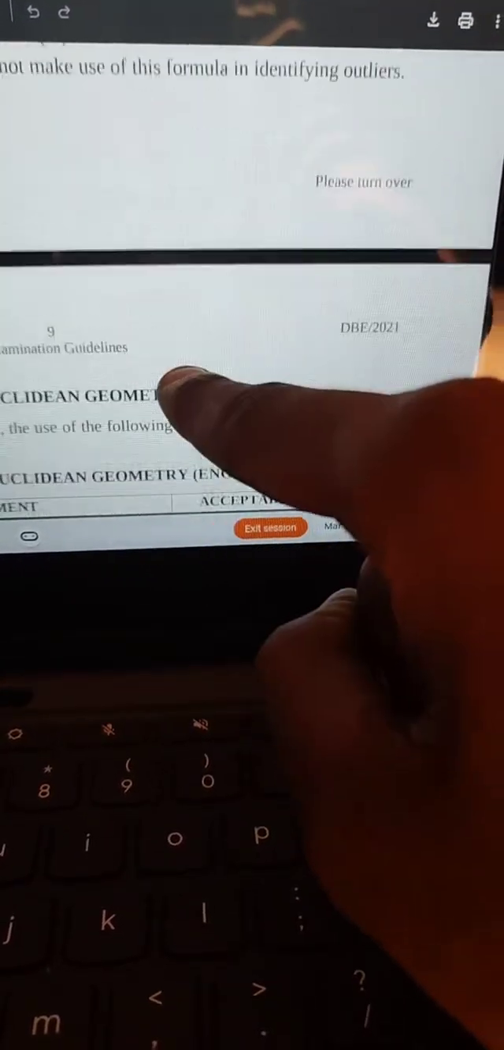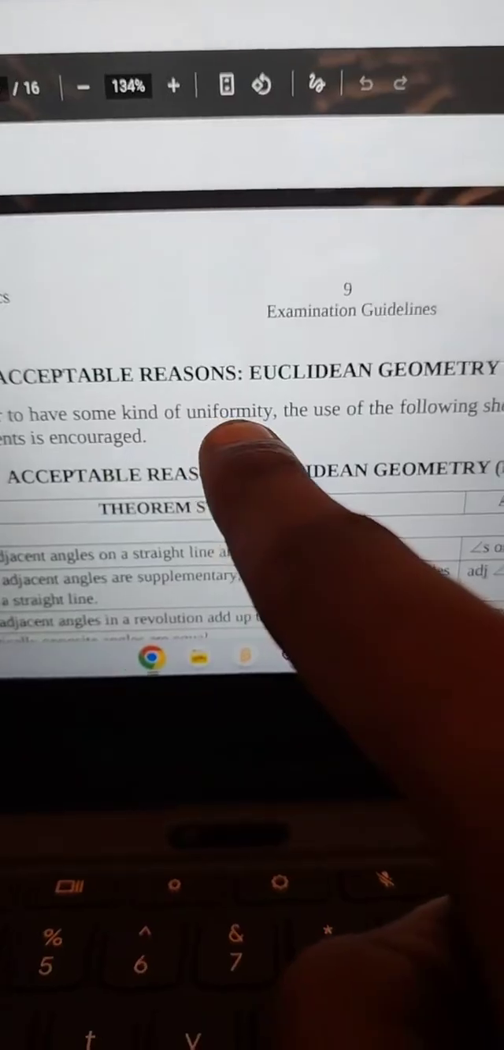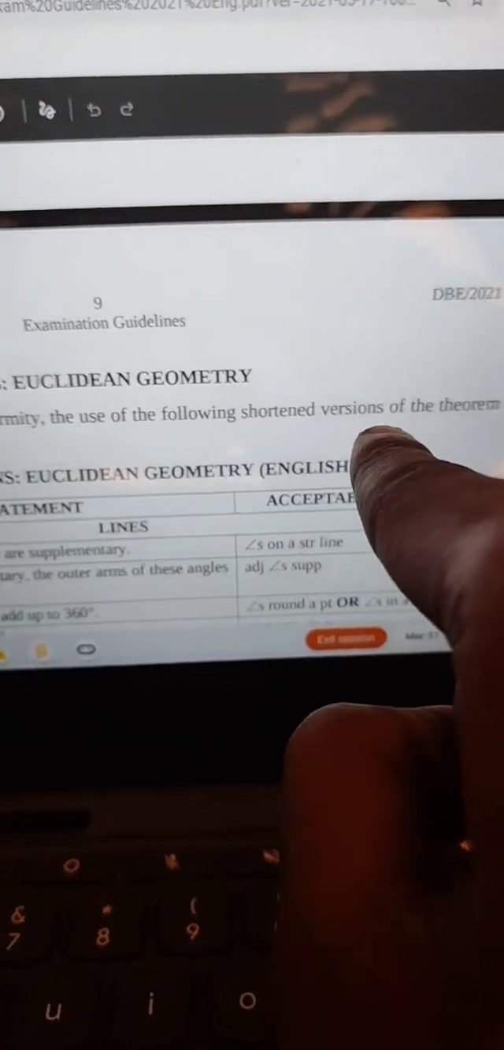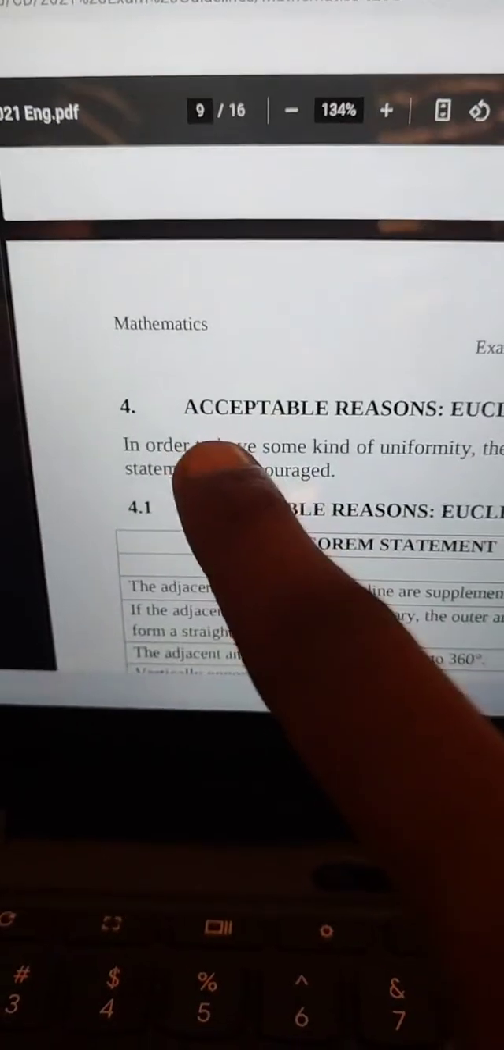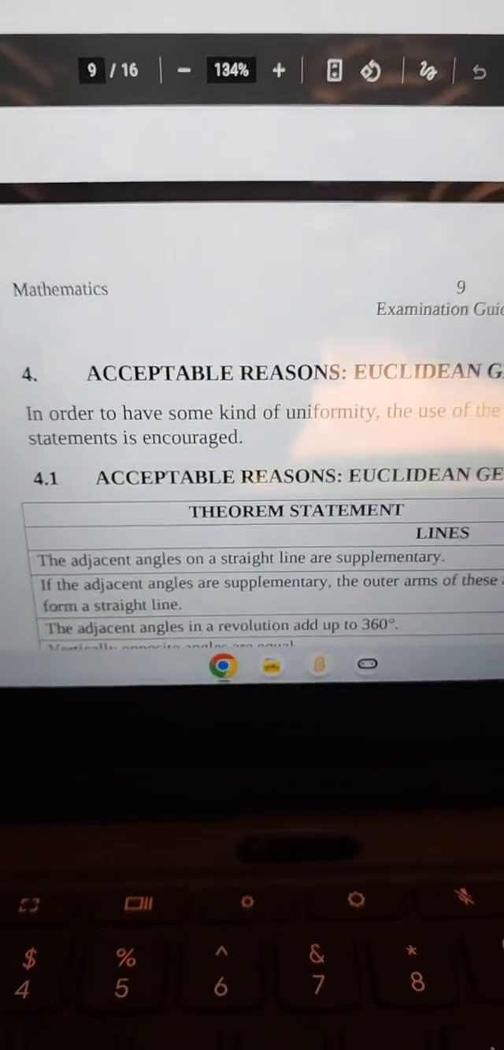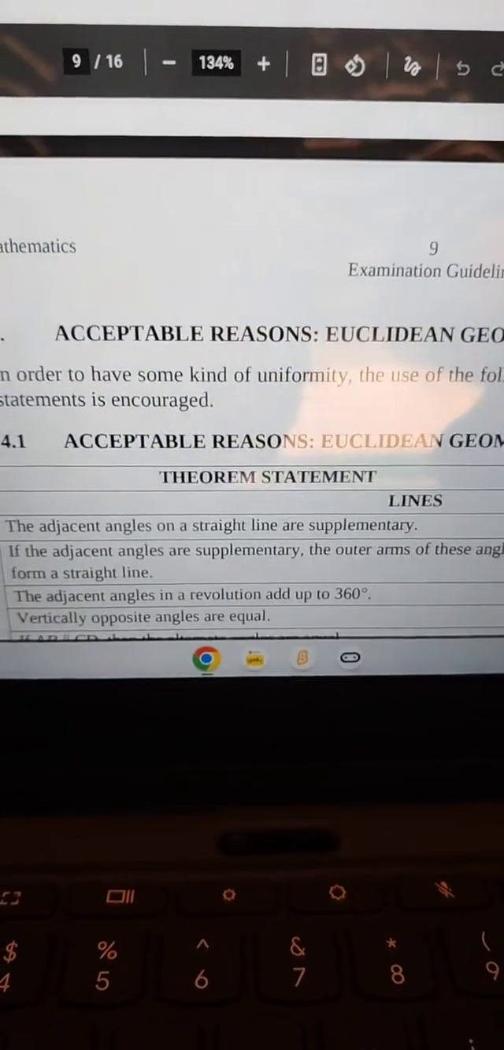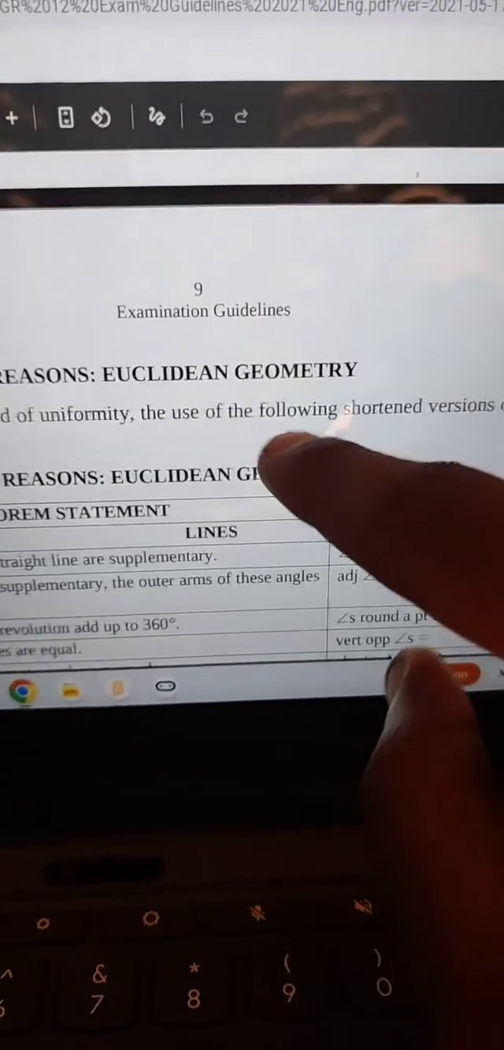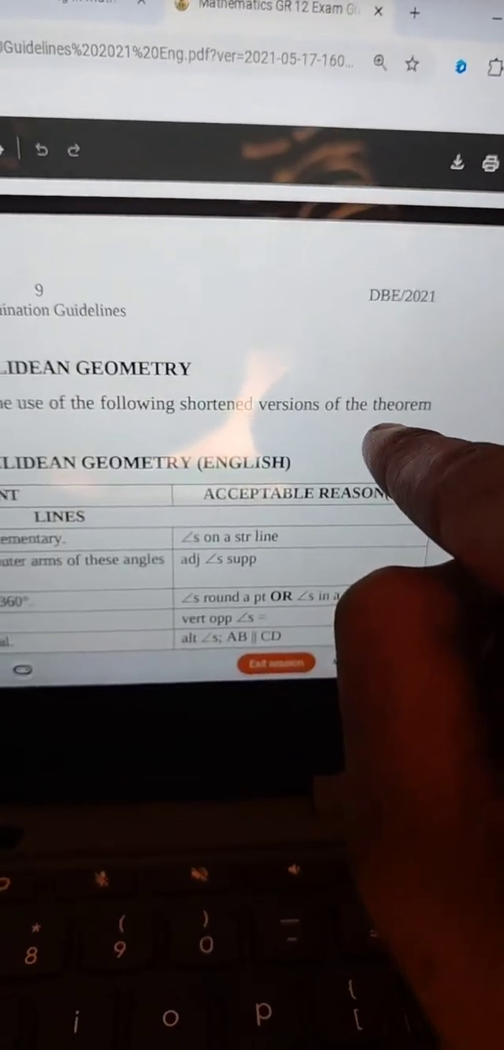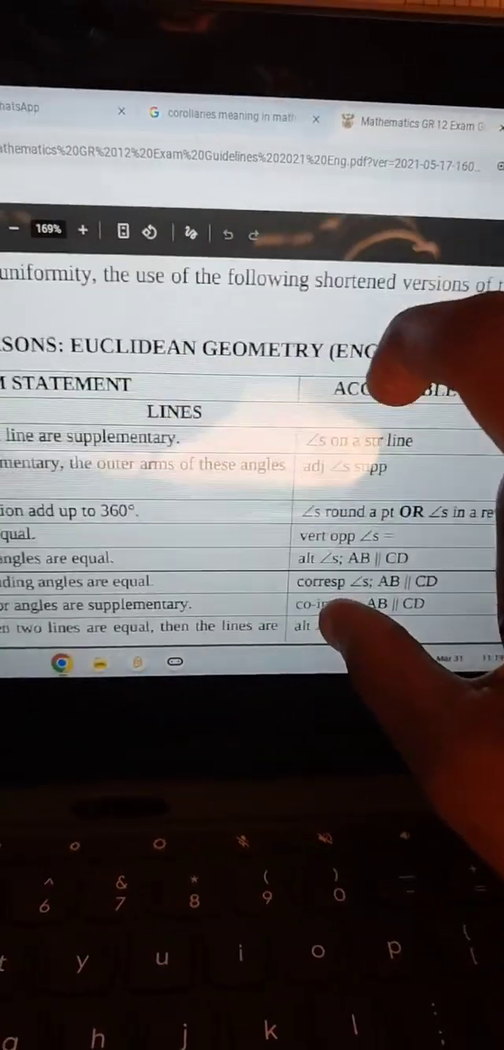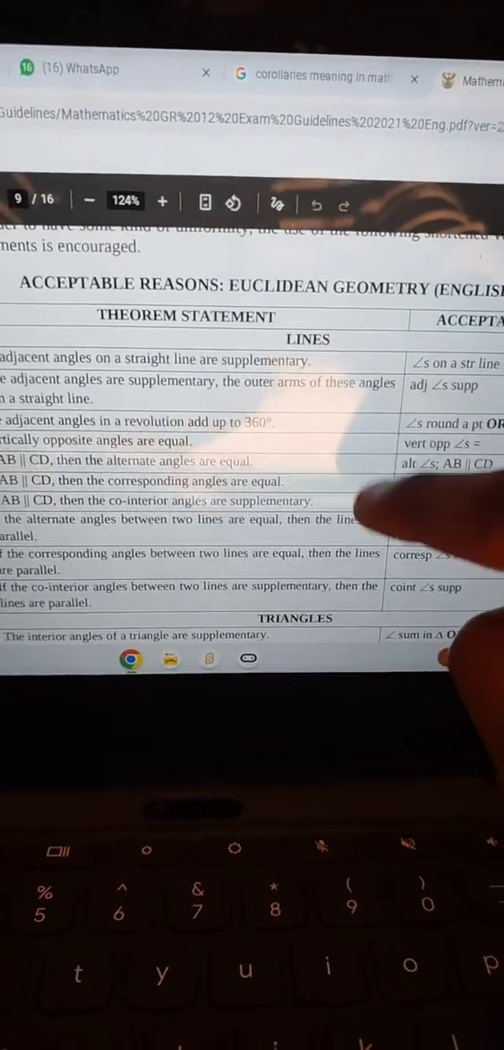Let me just read the disclaimer here. Acceptable reasons, Euclidean geometry. It says, in order to have some kind of uniformity, the use of the following shortened versions of the theorem statements is encouraged. This is coming from the exam guideline. Yeah, so these reasons are there for lines, for triangles,